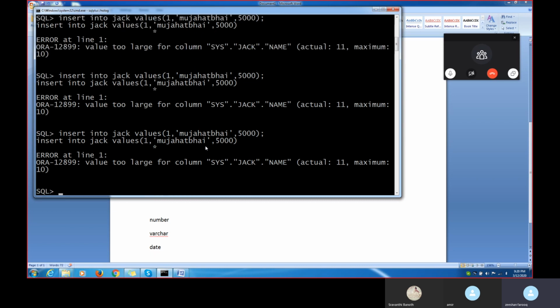One second. I think I've given a value larger than the maximum size of 10. Jack is the table name, right? One second.